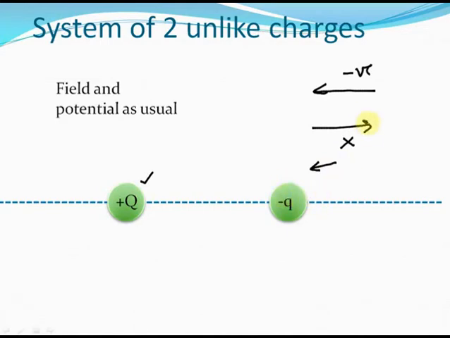So things like that, just apply some logic and you'll be able to find out the electric field here, here, here, everywhere. Similarly, you can find out the electric potential. So just apply some logic and you'll be able to find the electric field on the axis, on the equator as required. You can similarly find out the electric potential by adding up the electric potentials of plus q and minus q.